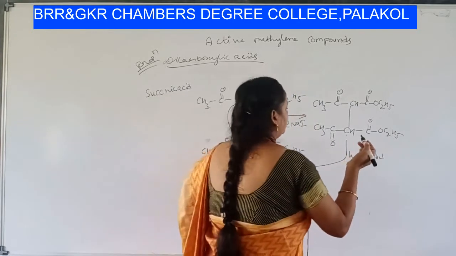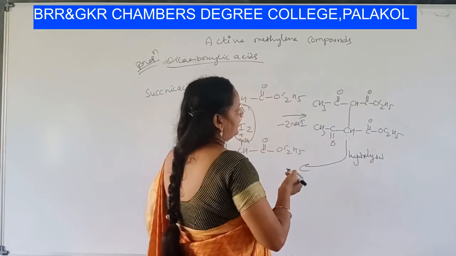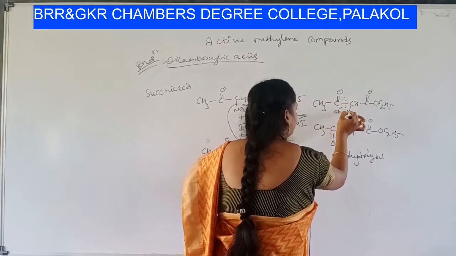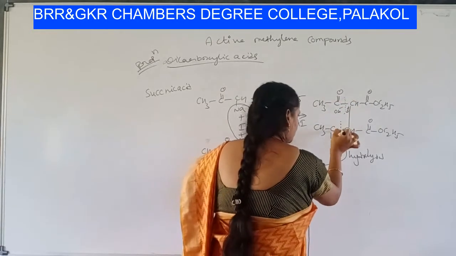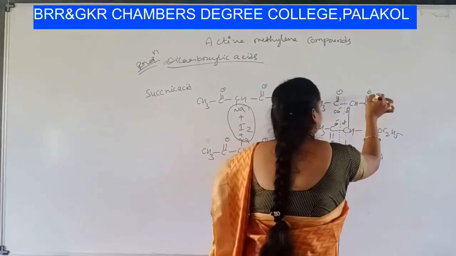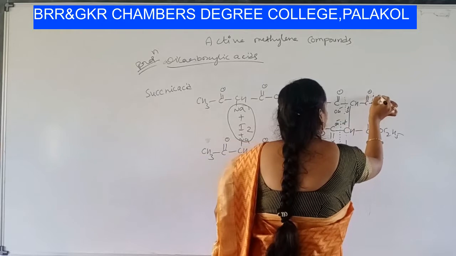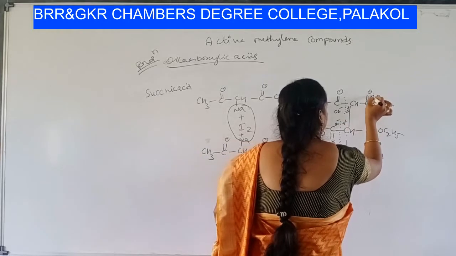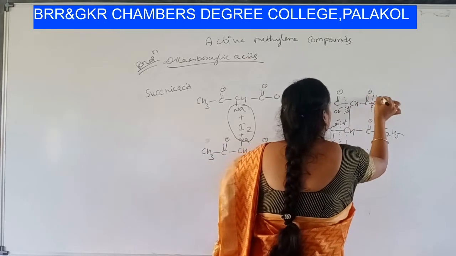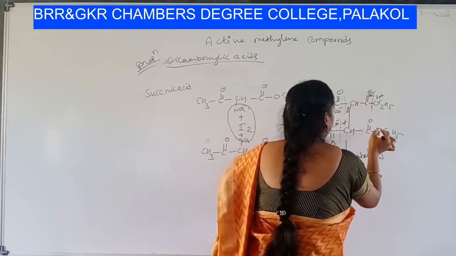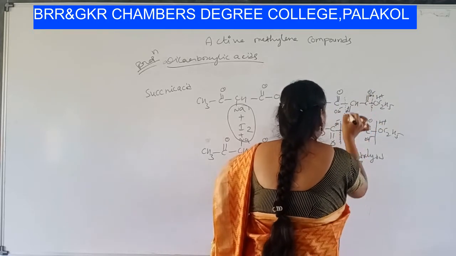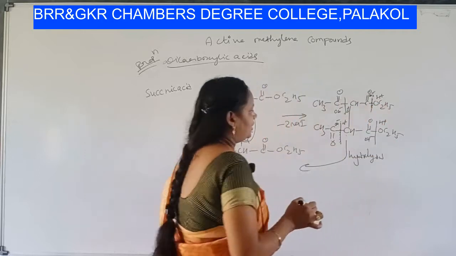What happens, students? It's very easy. Here the bond will ionize. You will get OH minus. You have to add H plus here. Here also cut the bond, add OH minus, H plus. Here also the bond will ionize. Water molecule is added. Here H plus, here OH minus. Here also H plus, OH minus. You may write like this also if you do not understand.